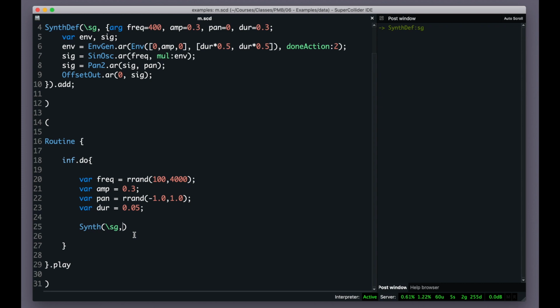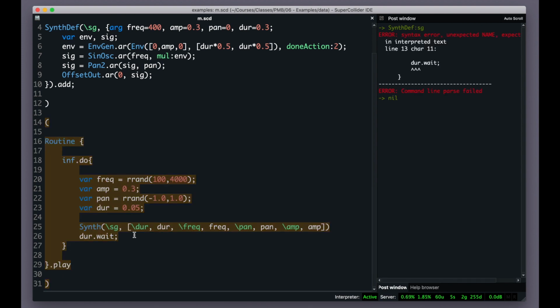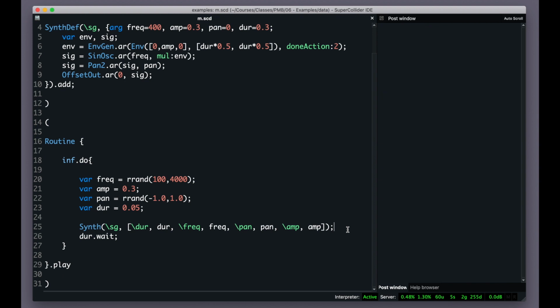I'm then going to make the synth, and I'll add the parameters by saying the duration, frequency, goes the frequency, the panning, has the panning, and so on. And important with the routine and infinite 2 is to somehow wait, so I'm going to say duration.wait, and I'll try this. Some semicolons. Okay, not bad. We have a bunch of sine waves here behaving somehow,